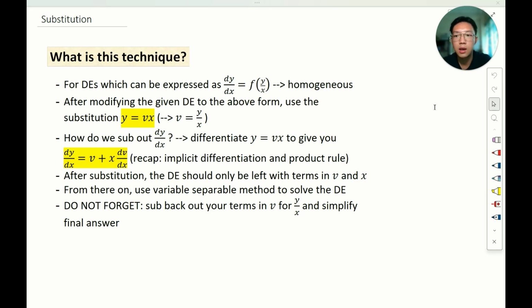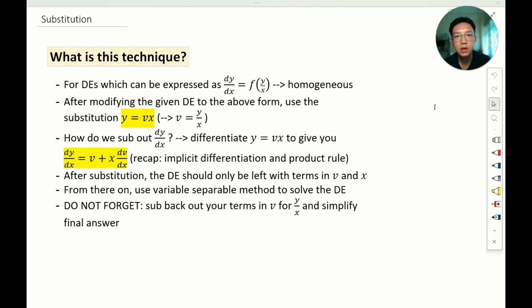After this substitution, once we have substituted the whole homogeneous equation using this highlighted yellow substitution, we should only have a differential equation in terms of v and x. No more y's, so y's are removed and left with v and x. This is why I mentioned that this method is quite closely tied to the variable separable method in the previous video, because after substitution, we will just use the variable separable method to simplify the DE and